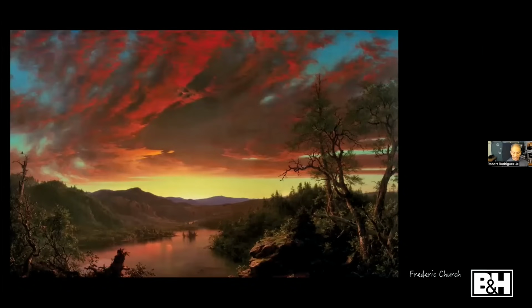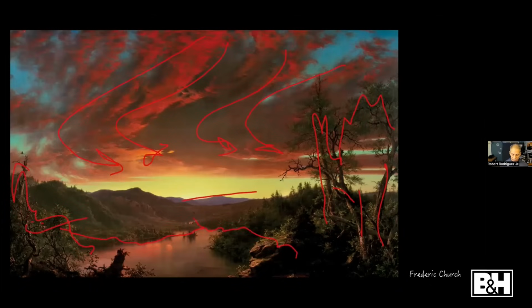So just some quick examples of some great paintings. Here's a painting by Frederick Church, and you can see immediately how he leads you in through these beautiful cloud formations coming in this way. But then at the same time, he's got these repetitive shapes in the foreground, which then again repeat over here. So he's kind of pushing you to the edge of the frame and then pushing you in to the picture,